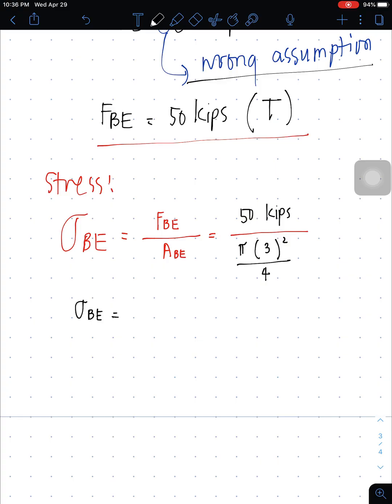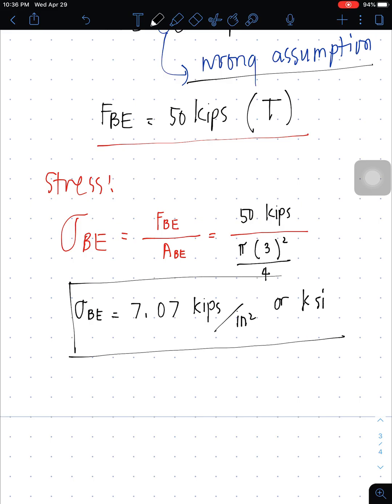That's 50 over pi times 3 squared over 4, 7.07 kips. The unit of area is square inch, so this is ksi. And this is our final answer for